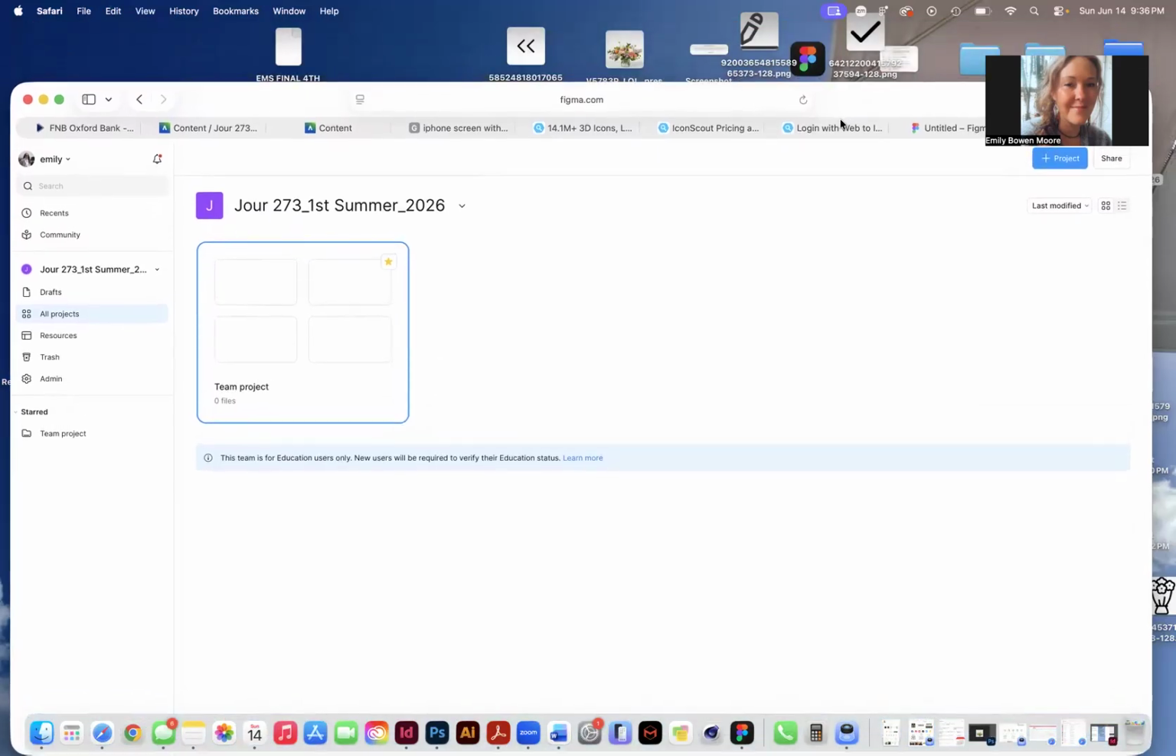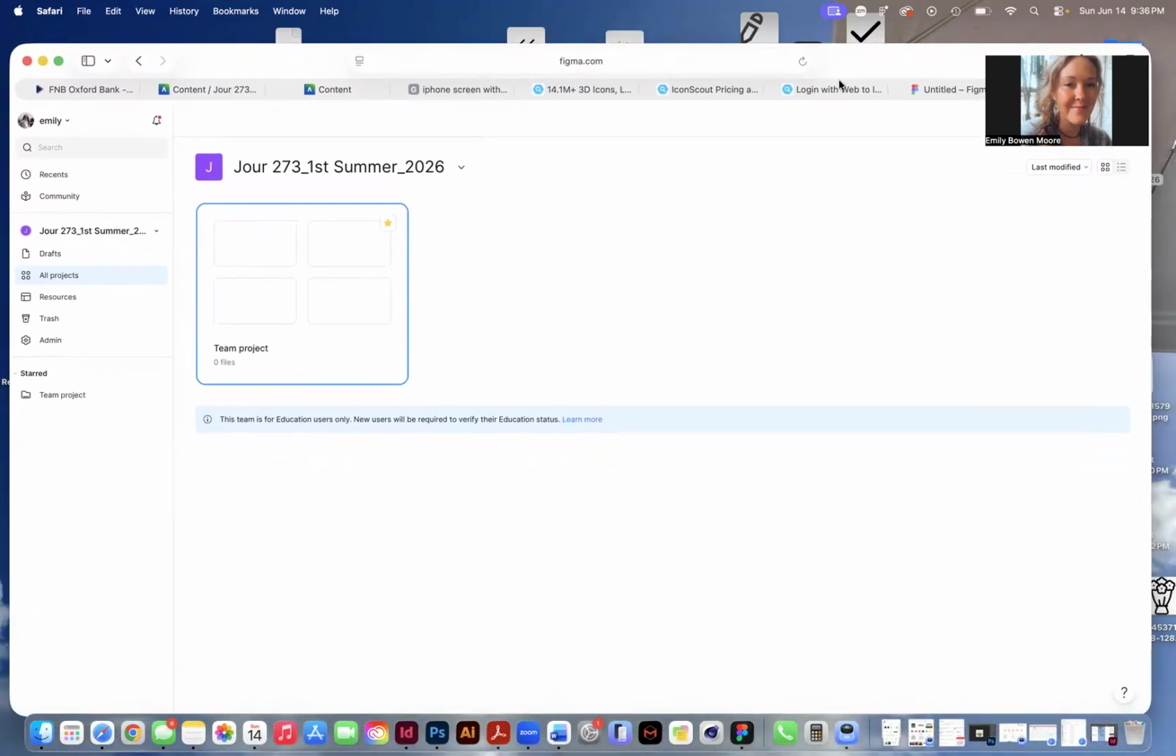I am going to talk about the UIUX project. For this, we are going to use Figma to build and create a high fidelity prototype or add some interactivity to the mobile app, or parts of a mobile app, that you will be designing. We will use the concept that you have conceived